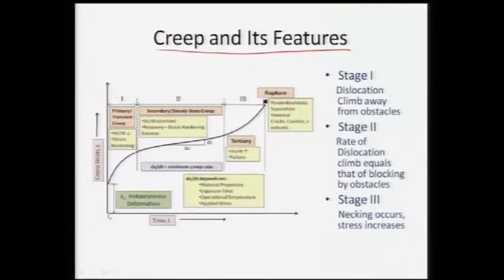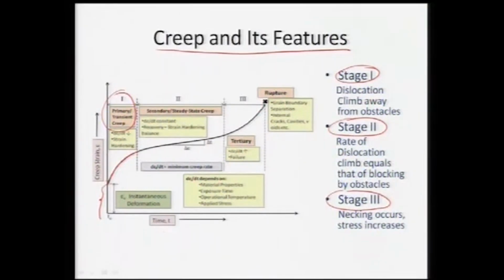Creep has its own features. We can see that the creep can be divided into 3 stages. It can be stage 1, stage 2 and stage 3, and stage 1 is called primary or transient creep. So, we can see in the first stage what is happening is, initially as we apply the loading, we have some instantaneous deformation that develops in the material. So, as soon as we apply the load, certain strain instantaneously develops, and as the time increases, what we can see is the creep rate is now decreasing.